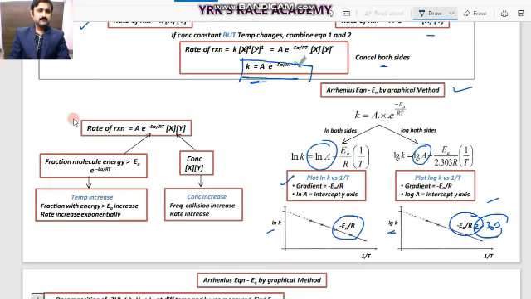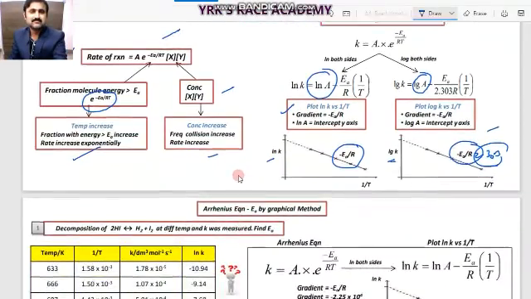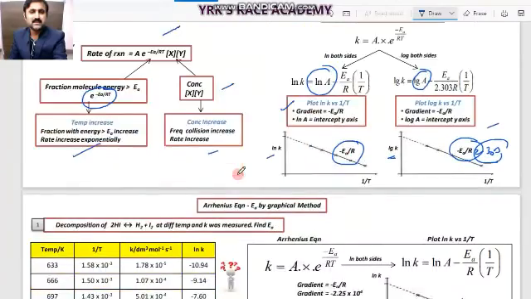So this is one of the simple observations of the reaction rate according to the Arrhenius equation. In this, e to the power of minus Ea by RT is nothing but the fraction of molecules with energy greater than activation energy, multiplied by the concentrations in square brackets. So as temperature increases, the fraction of molecules increases exponentially and leads to the formation of product. Whereas as concentration increases, the frequency of collision increases, and the rate increases here also. Hope you observed this.